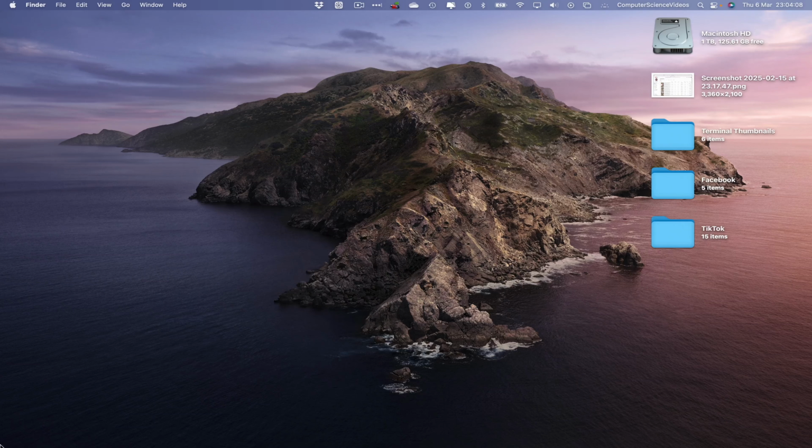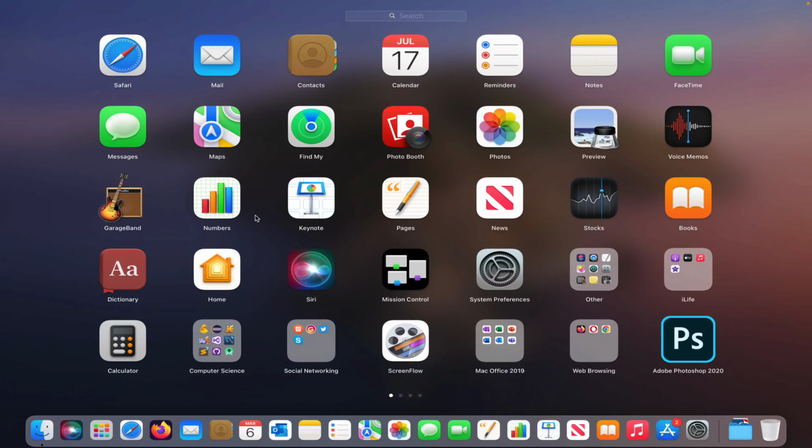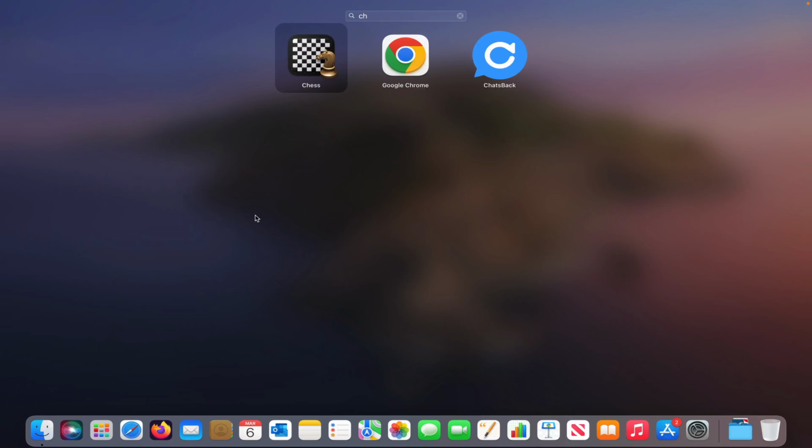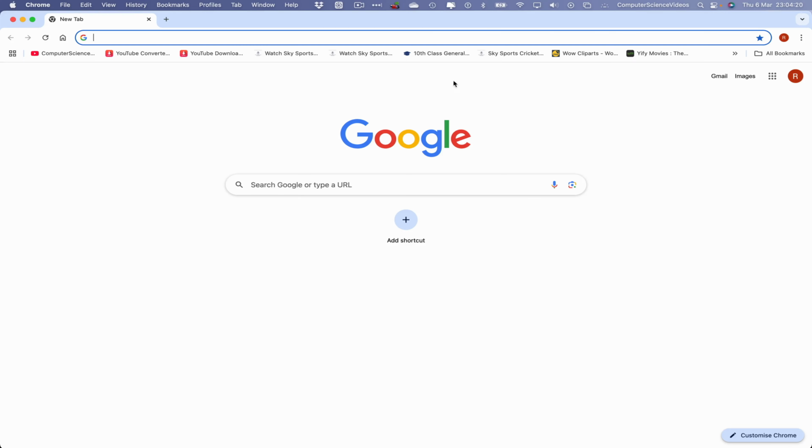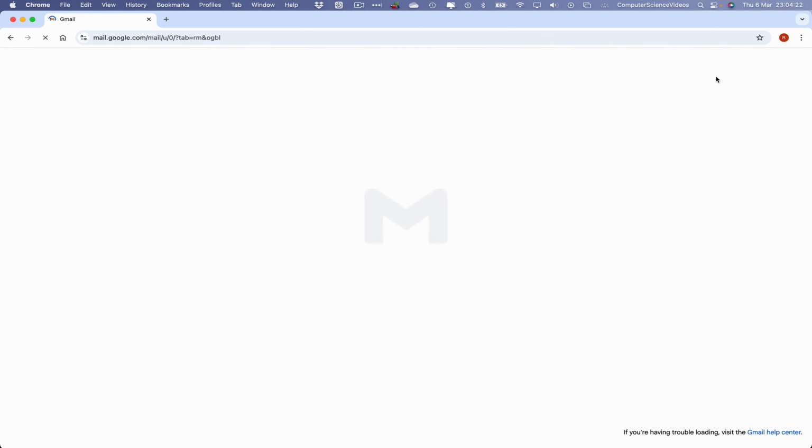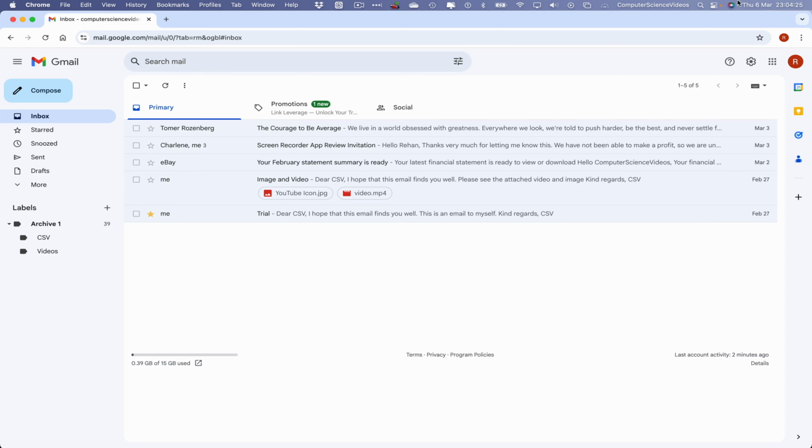So now let's go over to the dock. Go to Launchpad, go to the alternative web browser, Google Chrome, search for this, enter to open up the alternative web browser. Let's now go to the top right corner, go to Gmail, and make sure that you are signed into the account. Now, what we will do is go within Inbox, select an email of our choice,